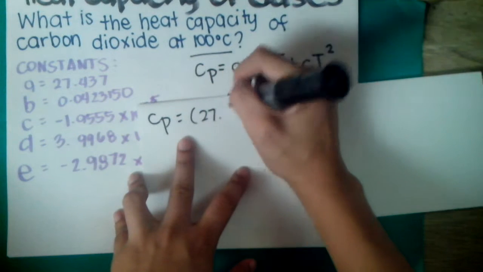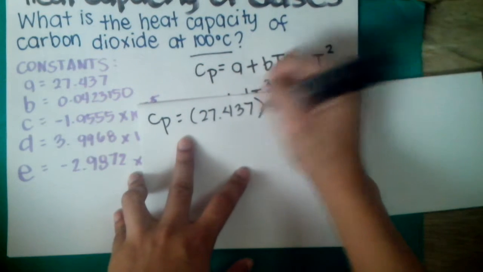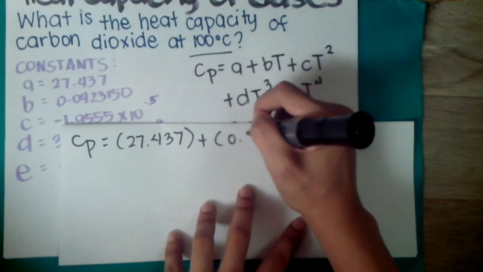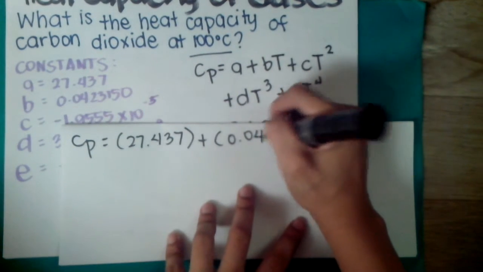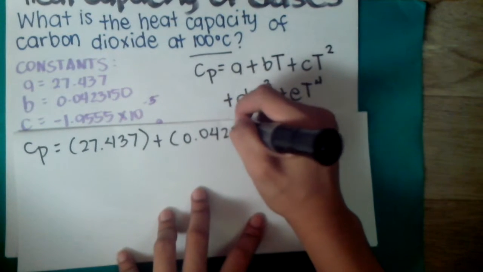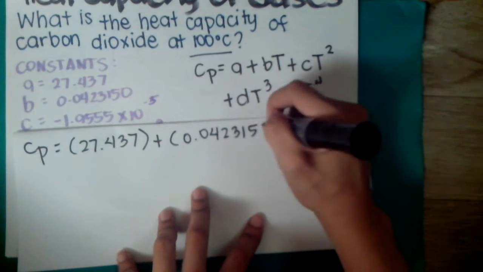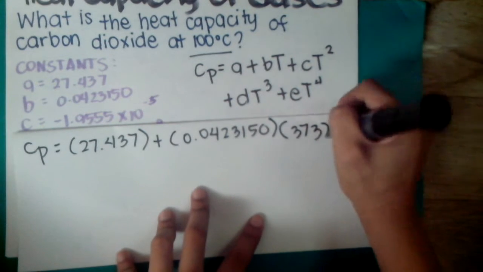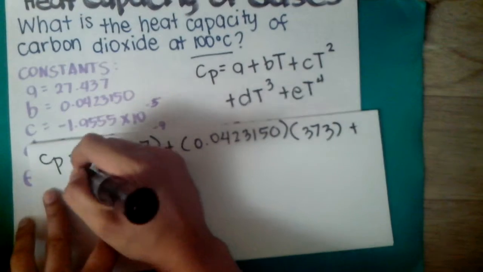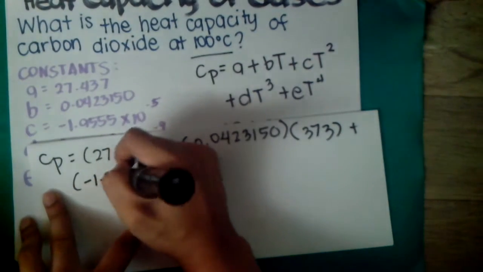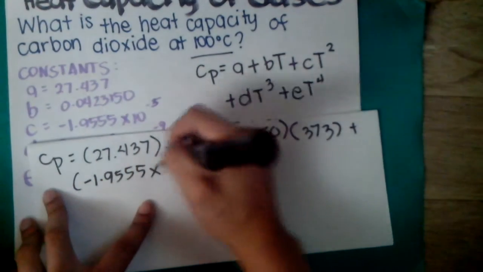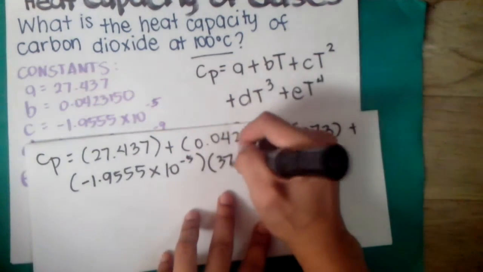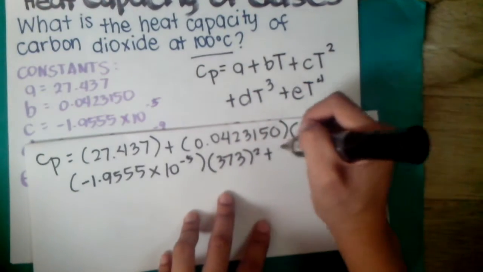A, which is 27.437, plus B, 0.0423150, multiplied by our temperature, plus C, negative 1.955 times 10 to the negative fifth, multiplied by temperature squared, plus